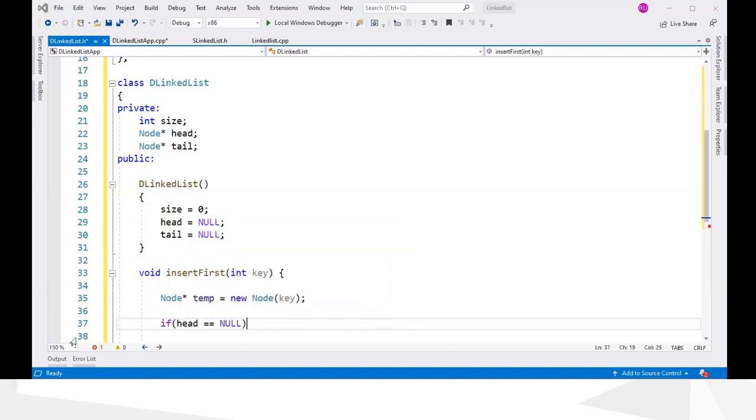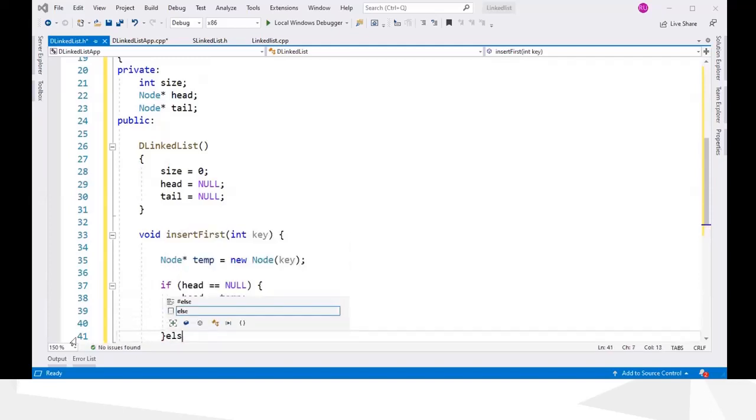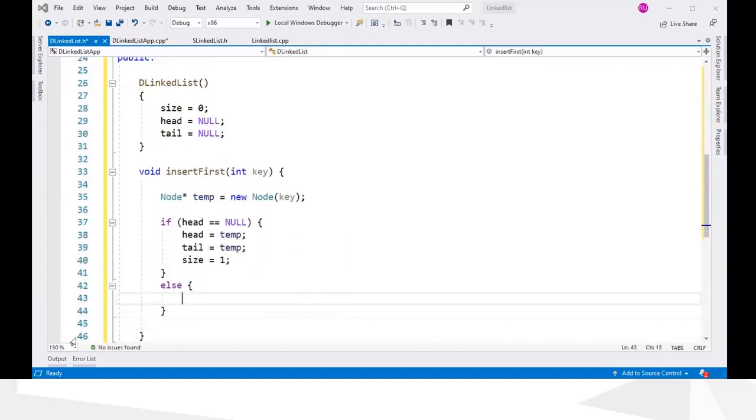So we can check like this. And if it is null, head equals temp and tail equals temp. Okay, and size equals 1. Okay, else.